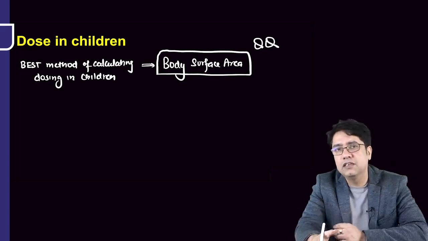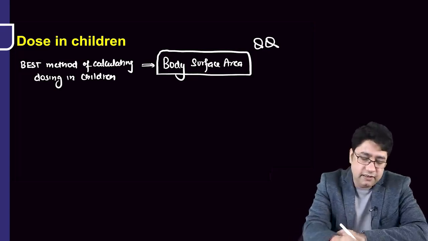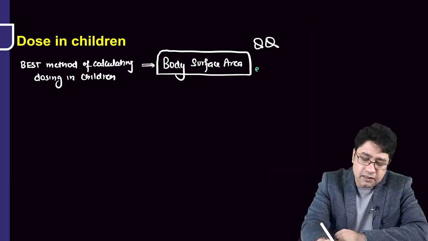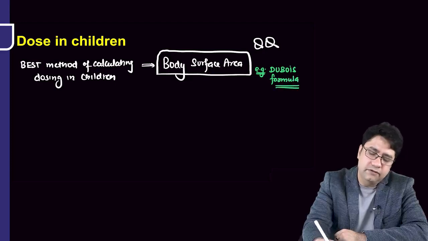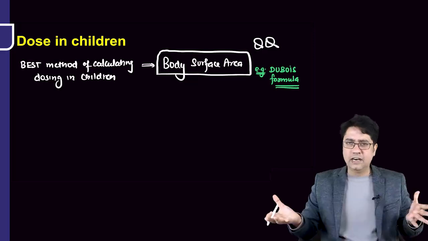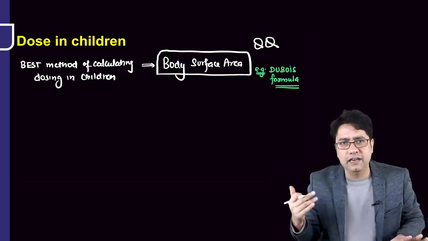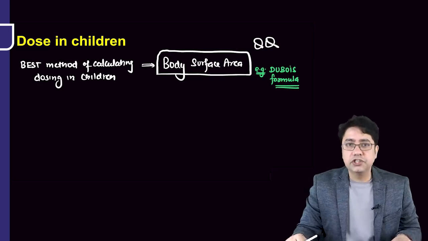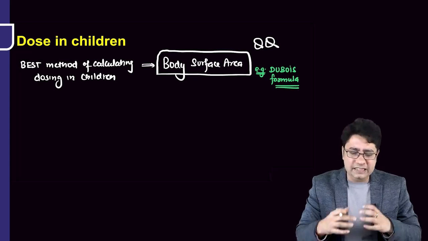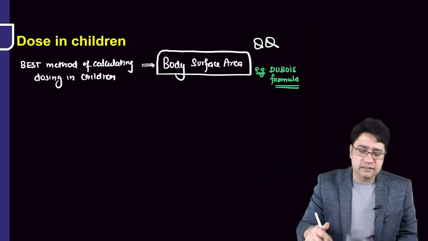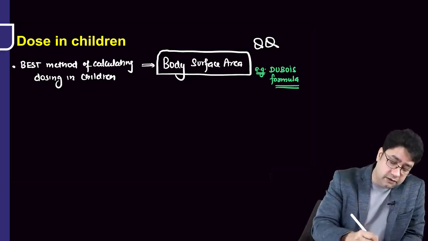There are various methods of calculating body surface area. Just remember one method or formula to calculate body surface area, the Du Bois formula. Just remember the name. We don't have to remember the formula. It is now readily available in calculators. We can do that. But most of the time, we don't calculate body surface area. It is a difficult and tiring process. So the most common method of calculating the dose in children,